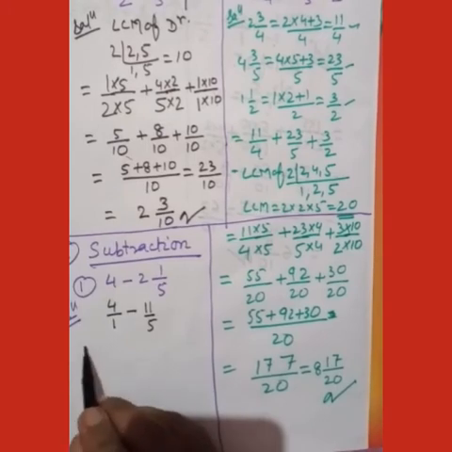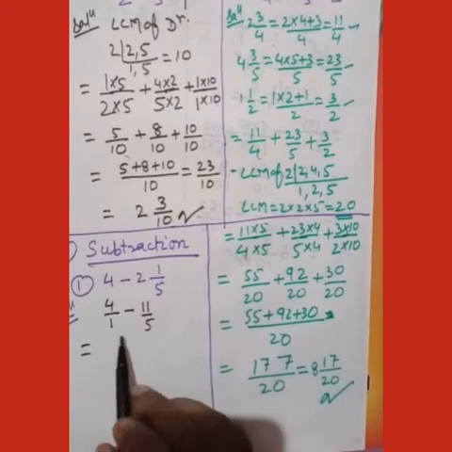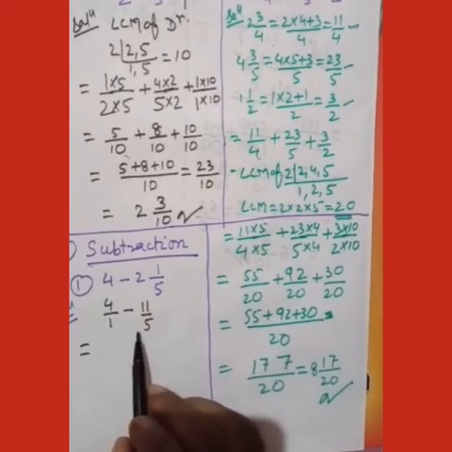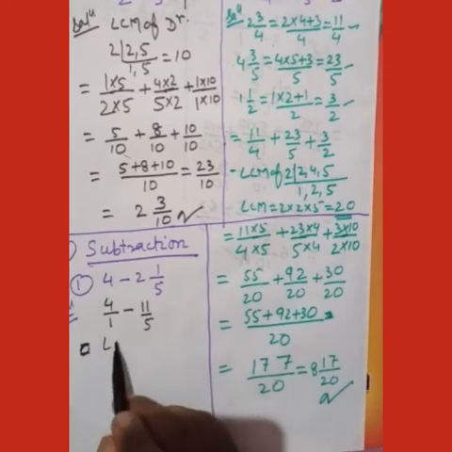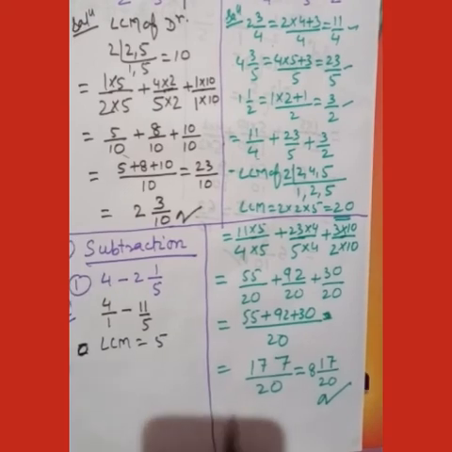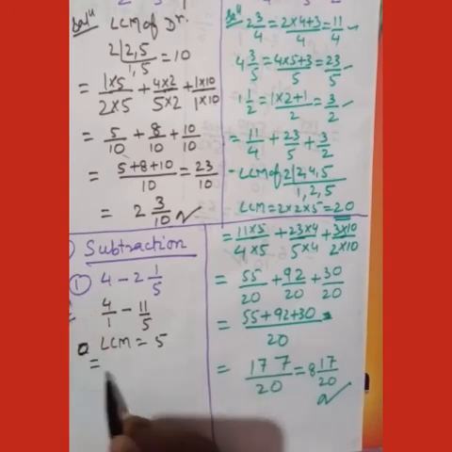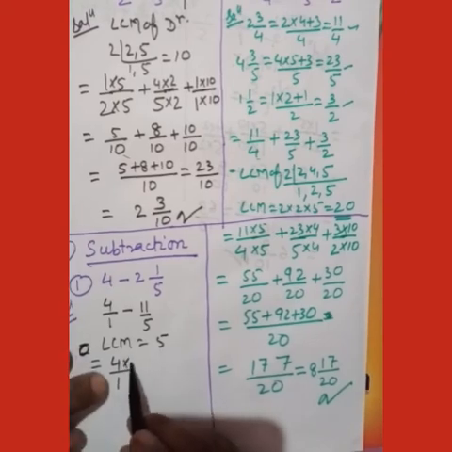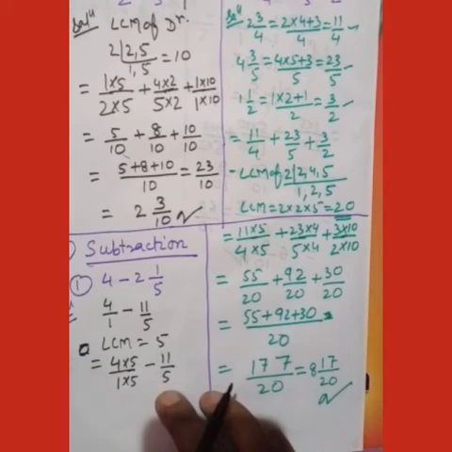Okay. Now see here, first we take the LCM of 1 and 5, the LCM will be 5. So here LCM equal to 5. Now we have to convert all the fractions into like fractions. How you will convert, see here, 4 upon 1, when you divide 5 by 1, you will get 5, multiply numerator and denominator by 5, minus 11 upon 5. Here already denominator is 5, so we don't have to do anything.